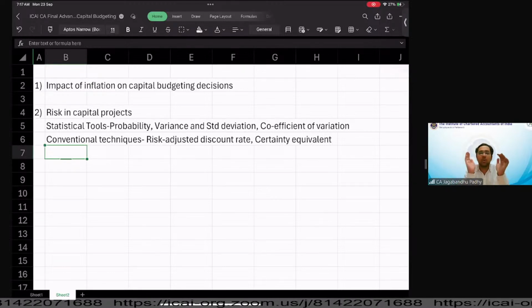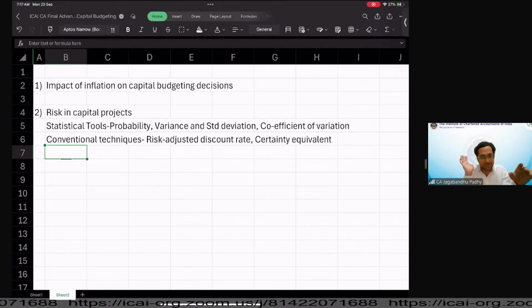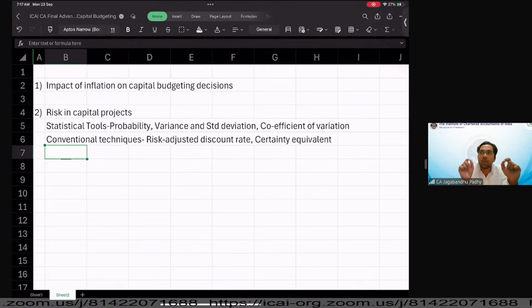But a portion of that cash flow will be certain. Like, for example, if I say next year I'm expecting a cash flow of 10,000, my immediate question is, if this is your expected cash flow, can you tell me what is the certain amount of cash flow out of 10,000? So if your 10,000 is your expected cash flow, then what proportion of your cash flow is sure?